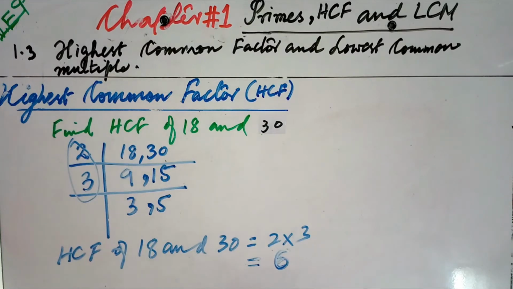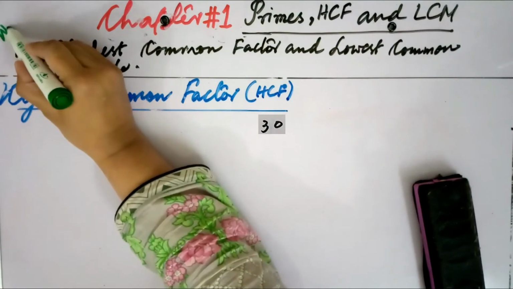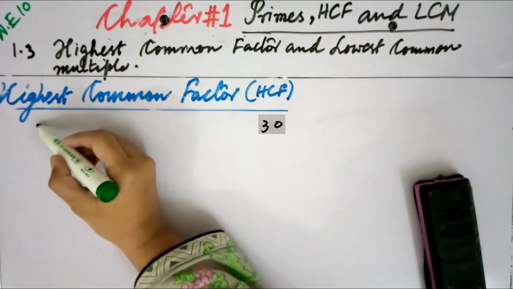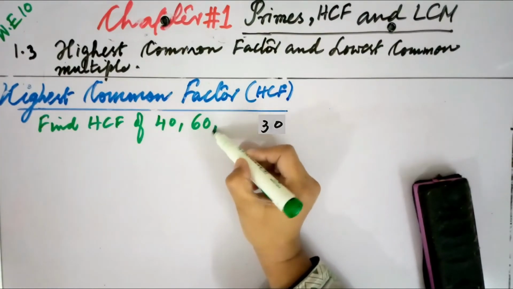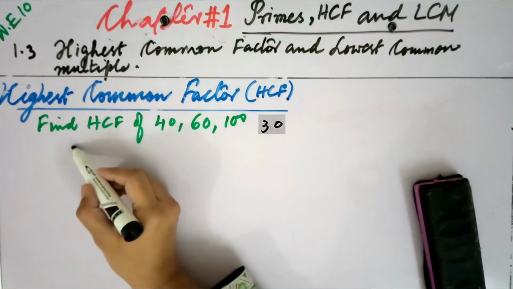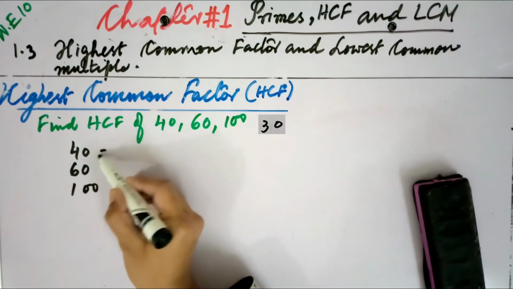Now for your practice, question 9 is here, which you will be solving by yourself for practicing HCF. Got it? Now this is worked example 10. And in this example, we are going to find the HCF of 3 numbers. So here the question is, find the HCF of 40, 60 and 100. Here we will use first method number 1, then method number 2. So 40, 60 and 100, I have written here.